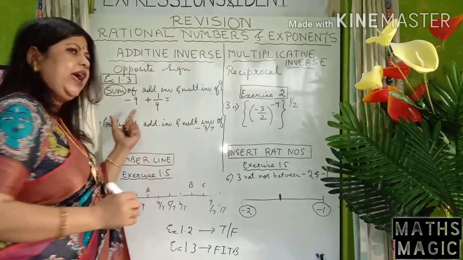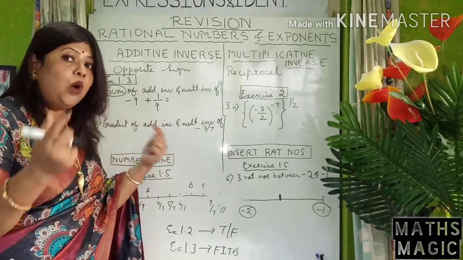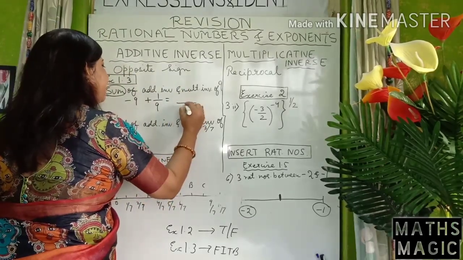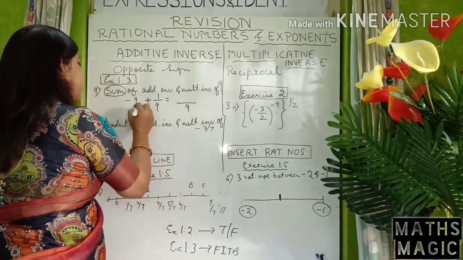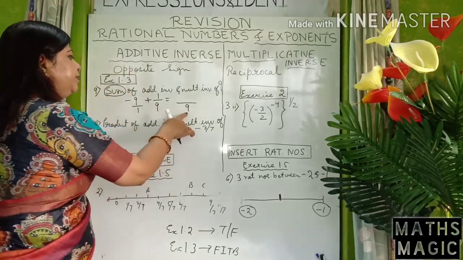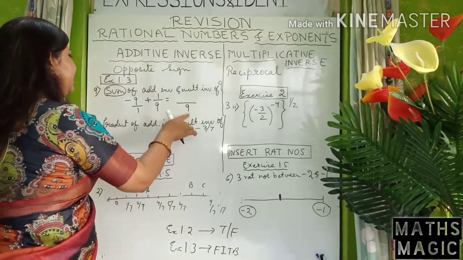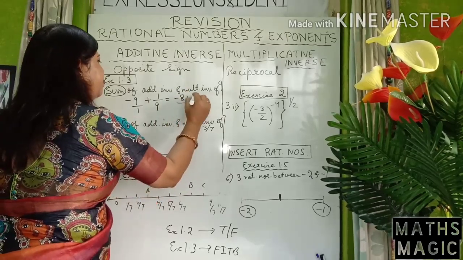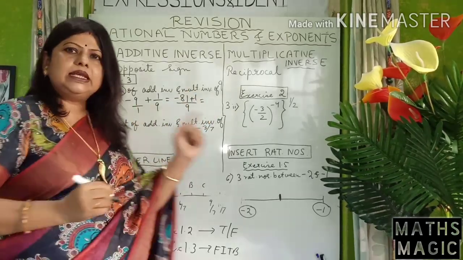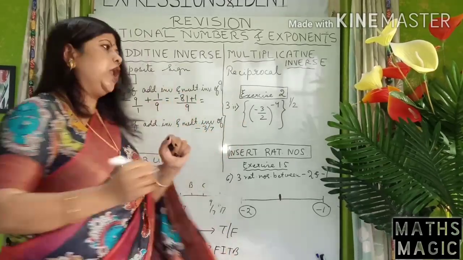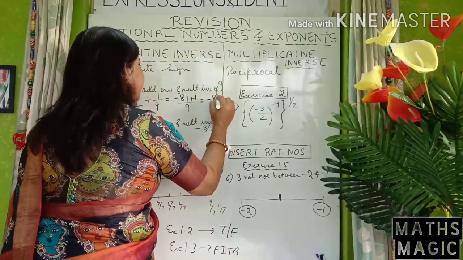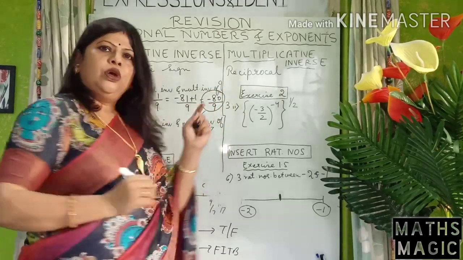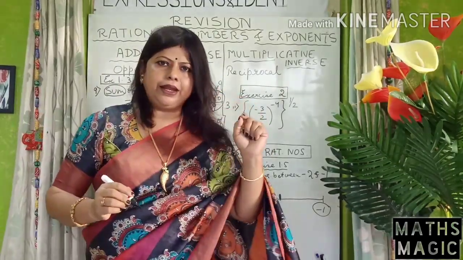Now students, when I have a plus sign in between, how will I solve? I will take up LCM. So what is the LCM? LCM is 9. So nothing is there means 1. So 1 9s are 9 and then 9 9s are 81. So it is minus 81 and plus 1. Followed? Minus 81 plus 1. So what is your answer? Your answer is minus 80 by 9 and then you change it to improper. Followed? Minus 80 by 9. Come to the